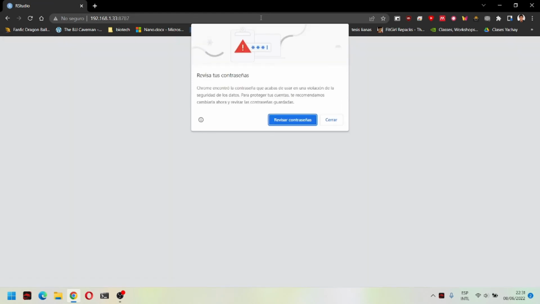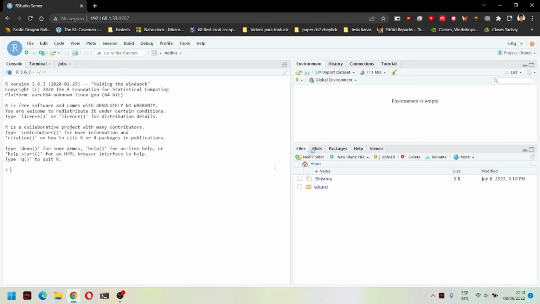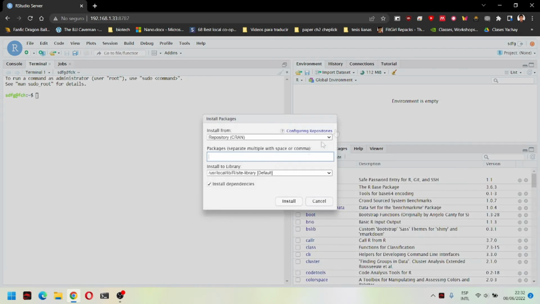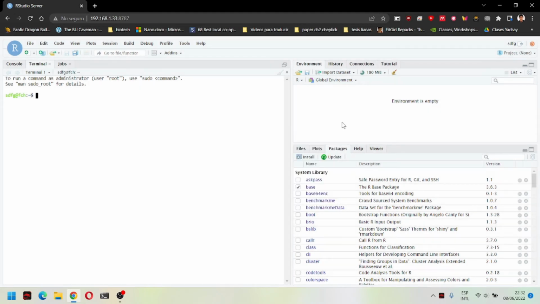I will log in using a user different than the root one, and I will show you why you should preferentially use the root user. It is because if you log in as root, you can go to the terminal tab and from here you can do anything to your Ubuntu installation. So for example, if I install the library raster,